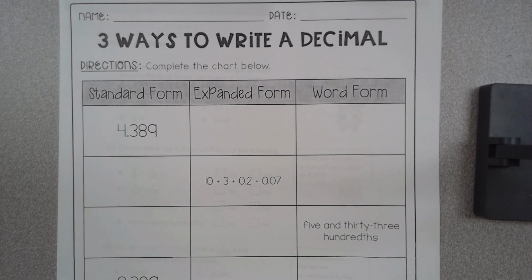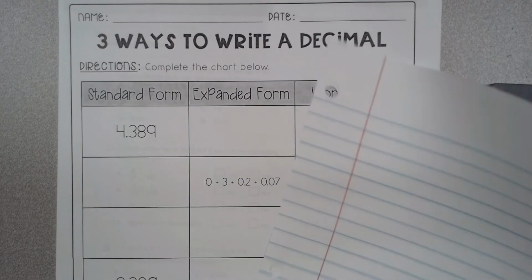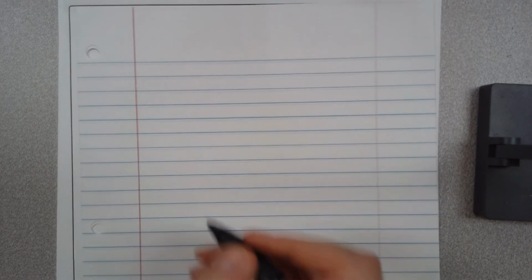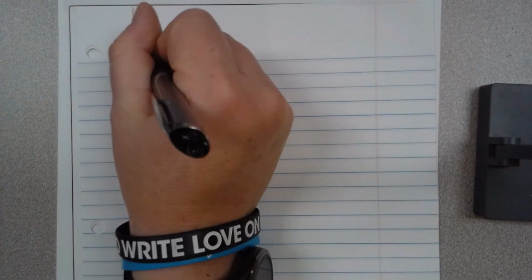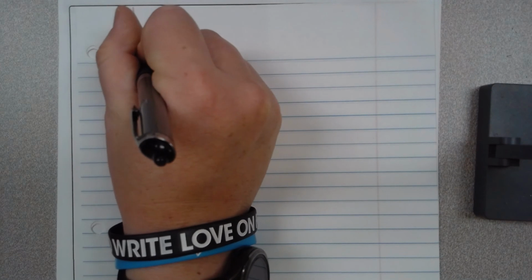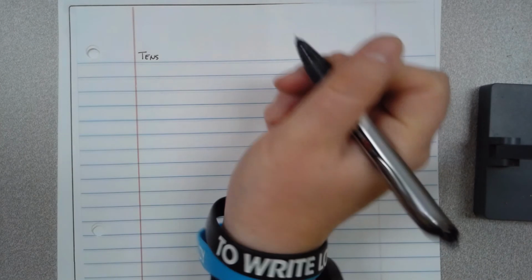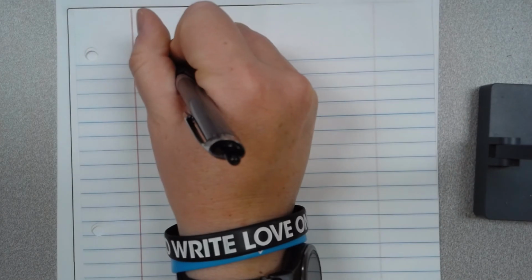Okay, so with things like this, when you get to your expanded form, you can either print this off the internet, they have plenty of them, or you could simply just draw one. It's a place value chart. So with the place value chart, I looked on the paper and I think the tens are as high as it goes. So I'm going to do a tens place,